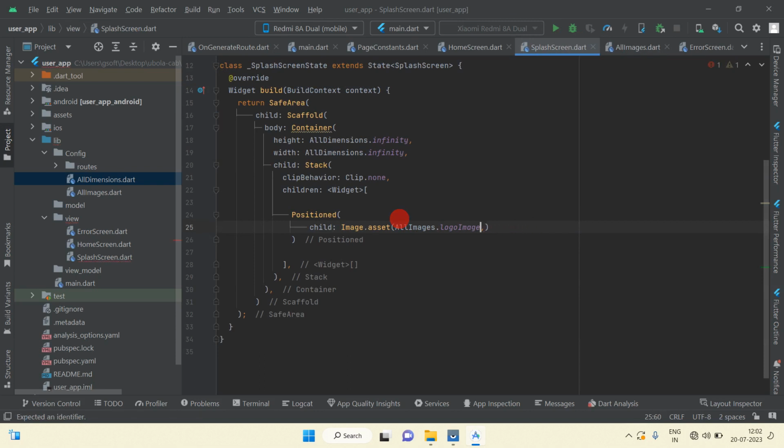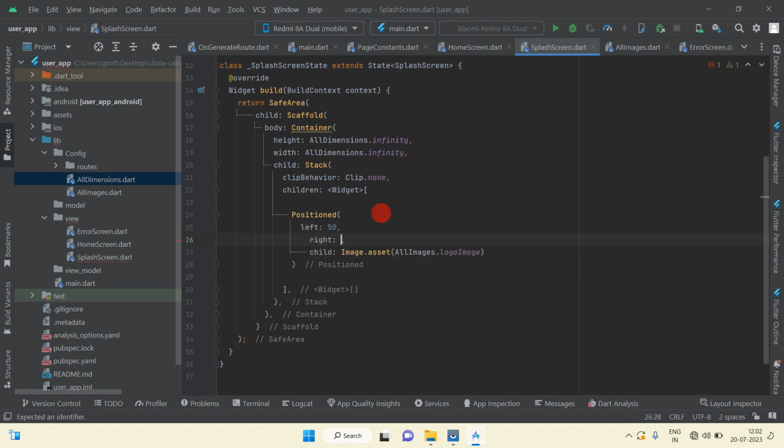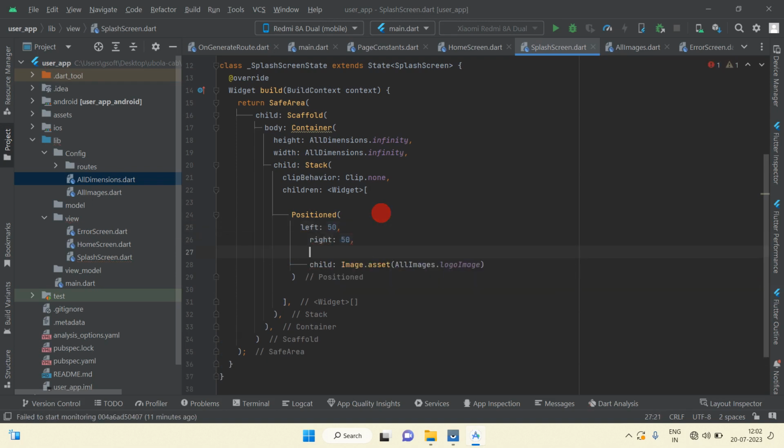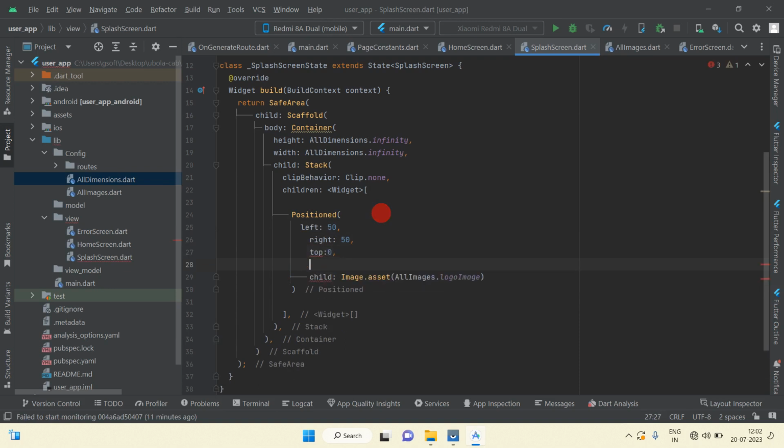No, I'm not going to assign height and width. Okay, here, and in the position widget, left will be 0. No, left will be 50, right will be 50, and the top will be 0, bottom will be 0. Okay,